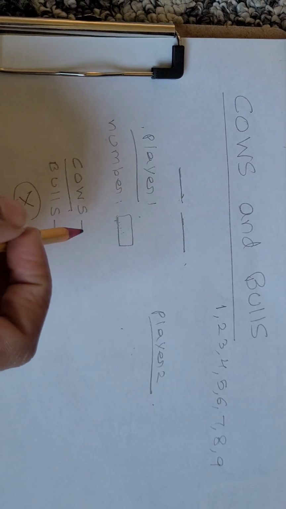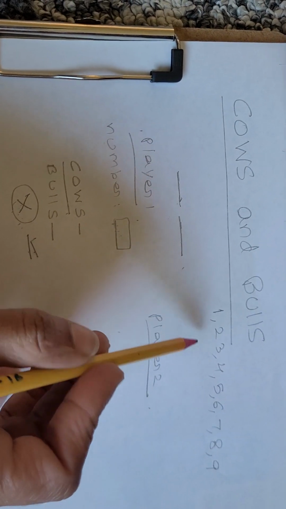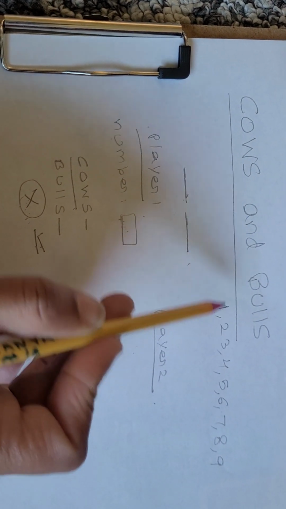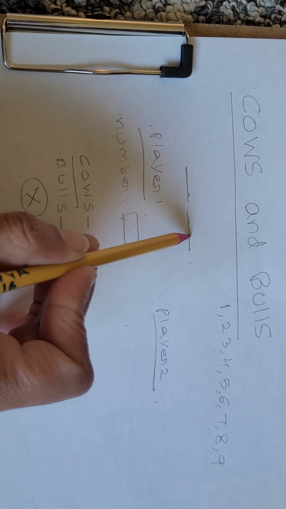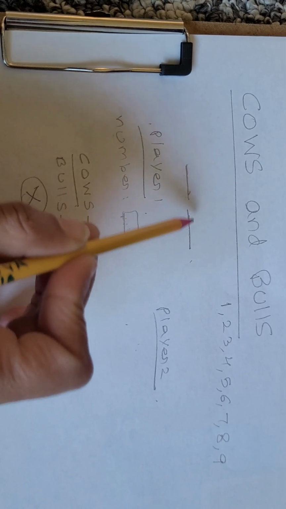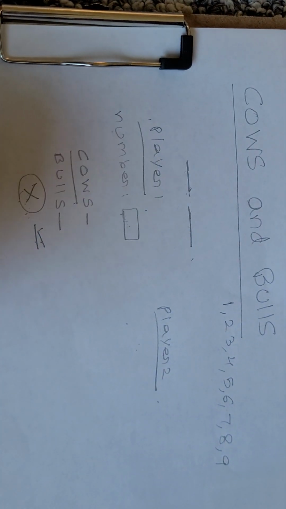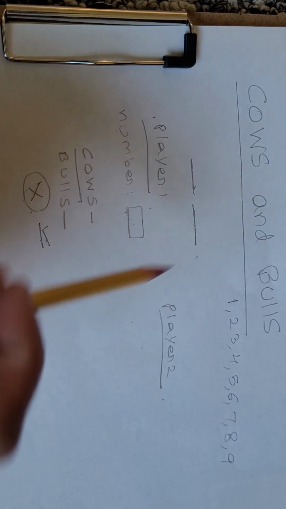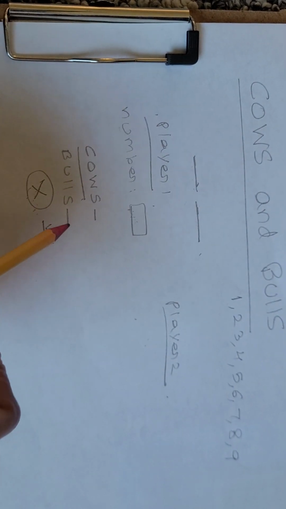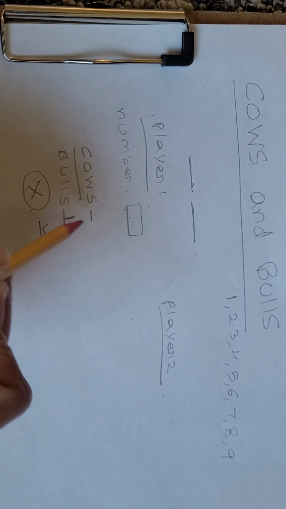And if he or she says 31, and one of the digits in my number is either 3 or 1, then maybe 3 is in my number, then in that case it means I have one bull and one cow,